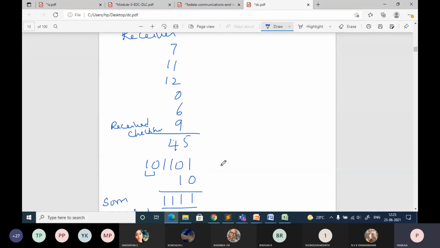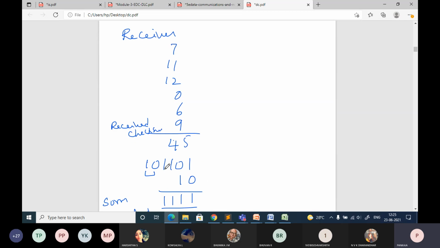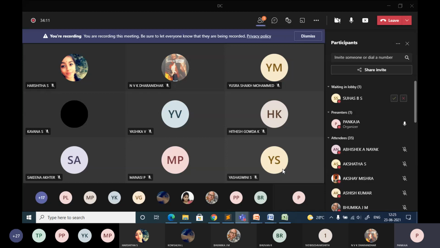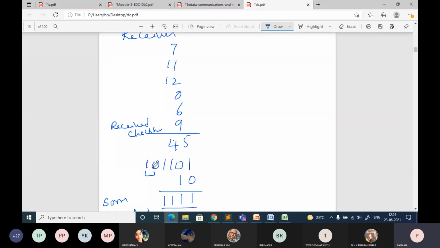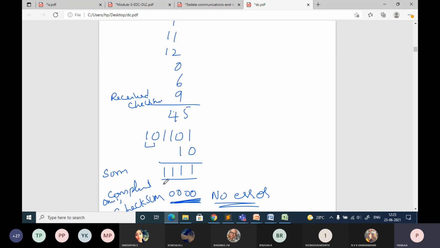Once it is received at the receiver side, along with the checksum, you need to add all the elements. Just represent it in binary, then convert that into 4 bits of data. Here you are getting 2 bits extra. If you are getting 3, you take all 3 bits and add them to the LSB part, and whatever result you get, that is the sum. It is not the checksum, it is just the sum.